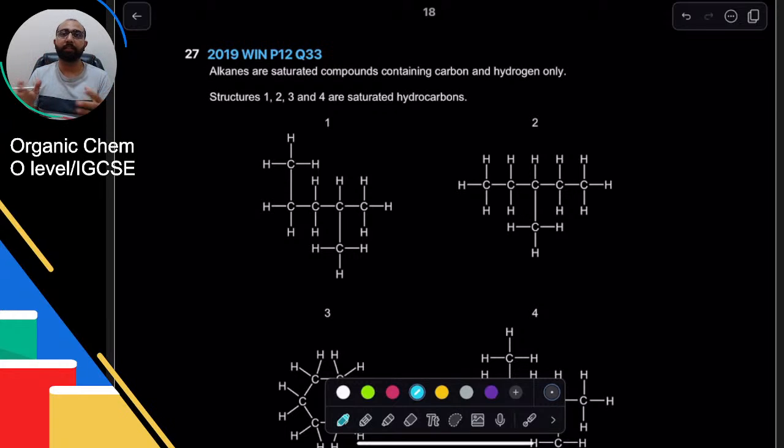क्योंकि आपके पास जो time है, now the time is not on our side. मैं कोई डरा नहीं रहा हूँ. I'm just being realistic. So you have to have a good strategy. Time management is important, and having a study routine is important. Your time is in your control. So that's why I say use it well, basically. Questions can be tricky, and that's why I'm solving these with you.